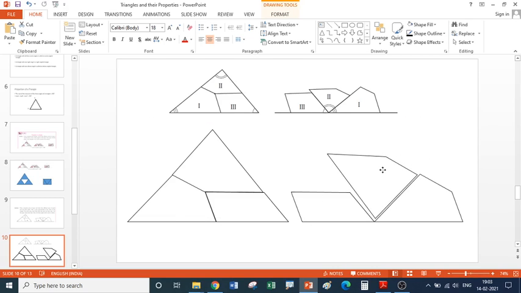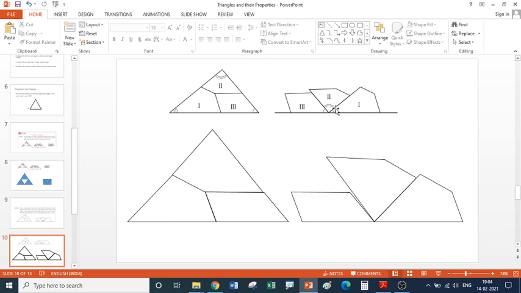See, it has almost become, yes, it has almost become, and the sum is 180 degrees. It is forming a straight line. Now see, I had not drawn this properly. I was unable to fix these three parts of the triangle in a correct way.